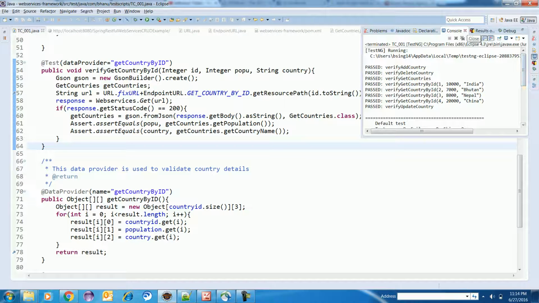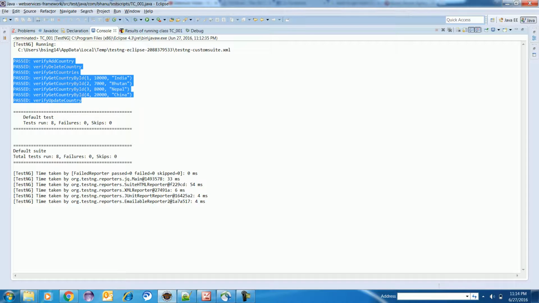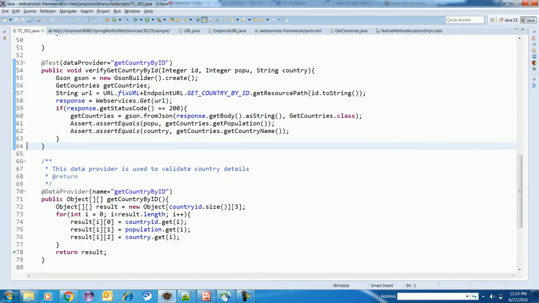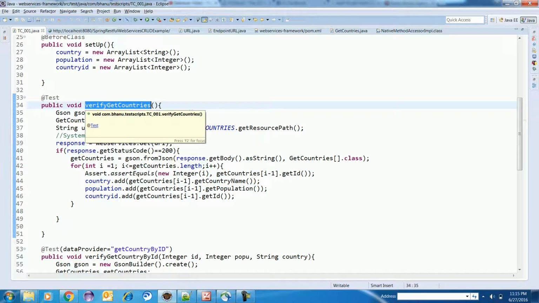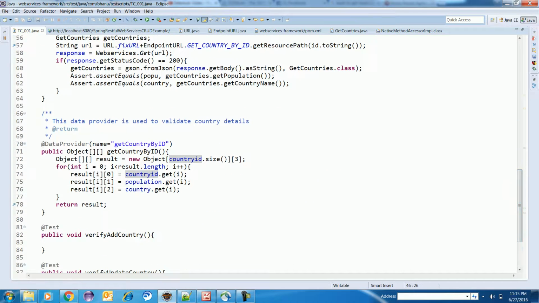So this is the alternate way, where you can see these tests are passing. This is the alternate way where you can make sure that whatever country you are retrieving is good or not. So what I did here, I am verifying the countries. Even this verification is not required here basically. I am storing all the data to the array list. After that, by using this array list, I am creating a data provider.